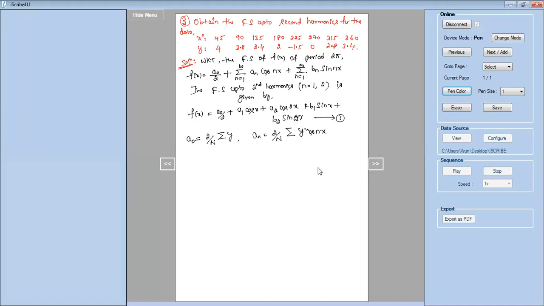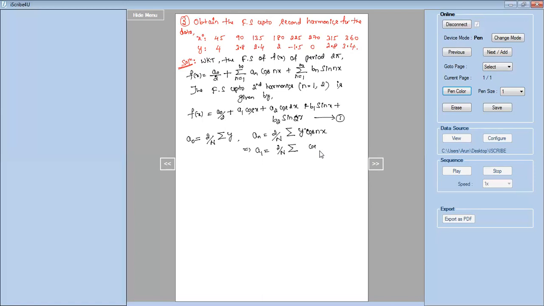Okay, so this is the formula for an. Now here I want a1, a2, so put n equal to 1. So this implies a1 equals 2 by capital N into summation